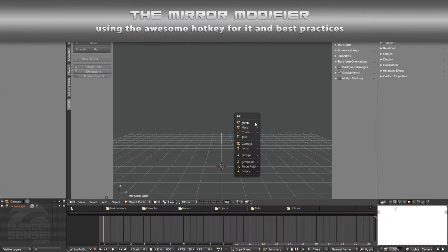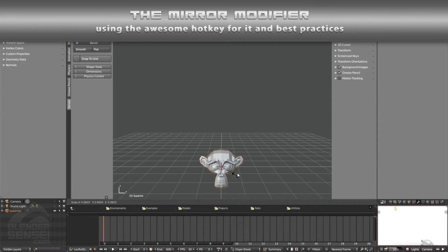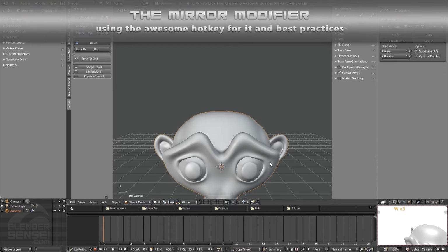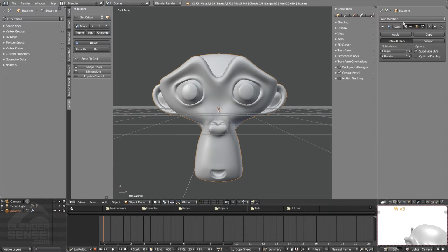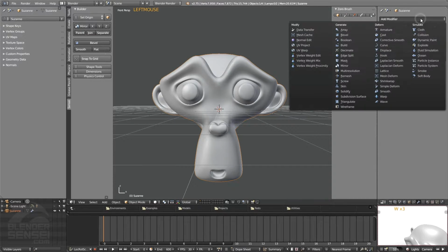And then let's press Shift A, and under Mesh, add a monkey. S to scale, tap W 2 or 3 times. Well, 2 will be fine to give it some smoothing here. Under Add Modifier, with this monkey head selected, we click this under the Generate category, we can add a